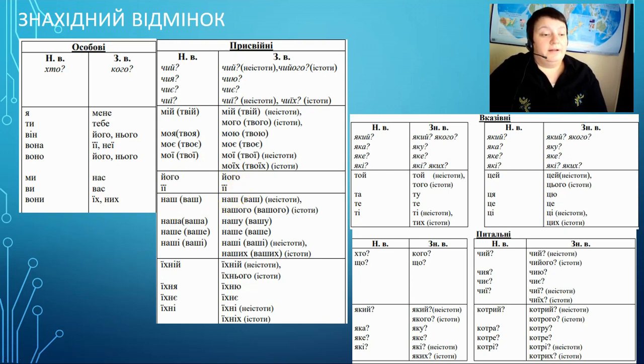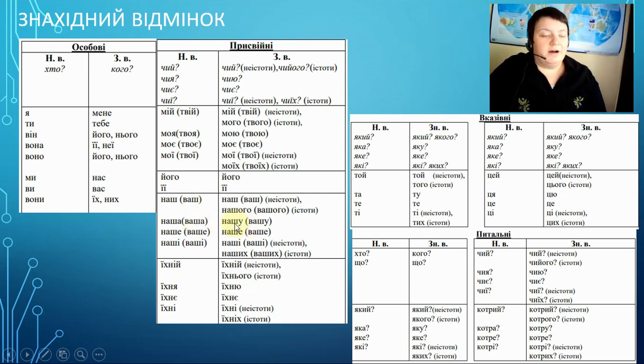Next, our, your, наш, ваш, it's for inanimate, the same form, but for animate it will be нашого, вашого. Again, наша, ваша, it's grammatical feminine. The first one was grammatical masculine, now grammatical feminine.